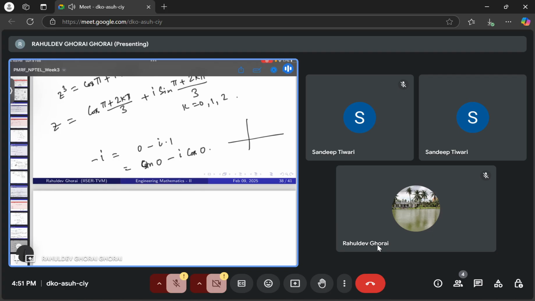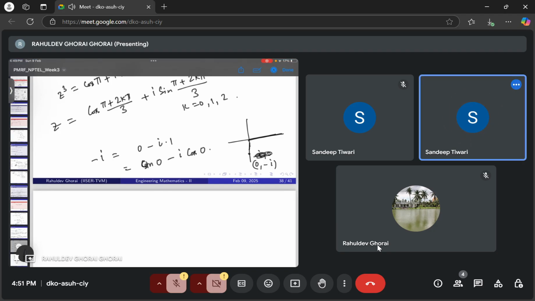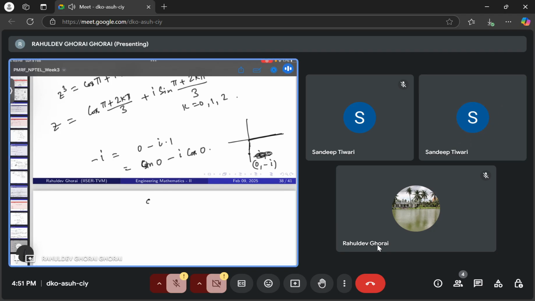This is minus i 0. So this will be here minus i 0. Sorry, 0 minus i. So then what is the angle? The angle theta will be minus pi by 2. Minus pi by 2, really? So sine